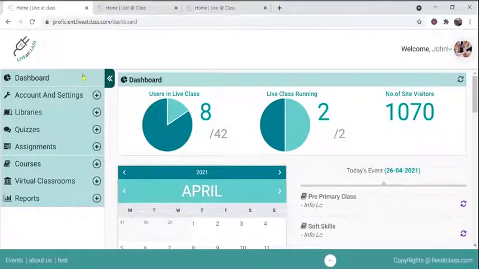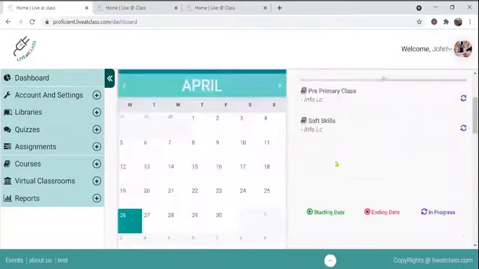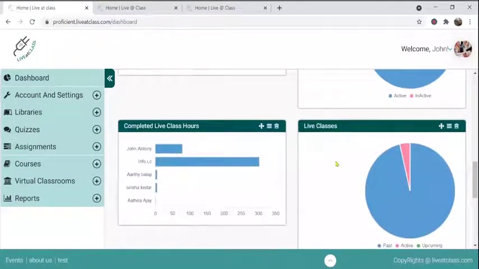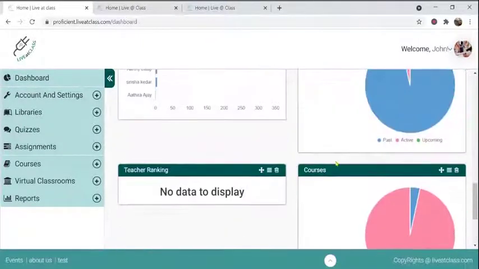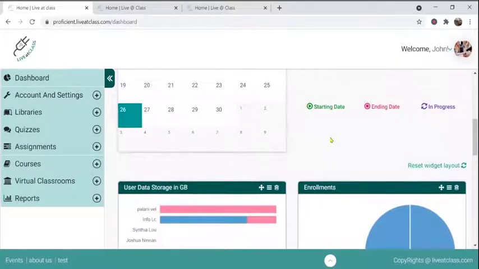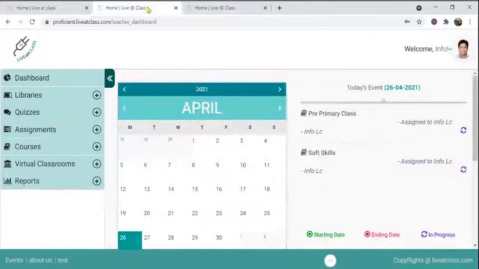There you see the dashboard of the admin, and on the right hand side you can see the data available for the admin, all the data required to run an institute or a school or a university. It also contains confidential information like teacher ranking and stuff like that. So everything pertaining to an admin basically, and that's the dashboard. You see the features. Secondly, we come to the teacher login with a bit fewer features compared to admin.